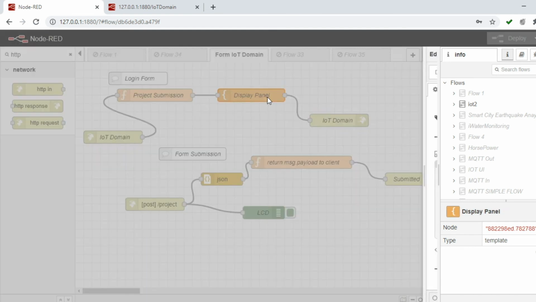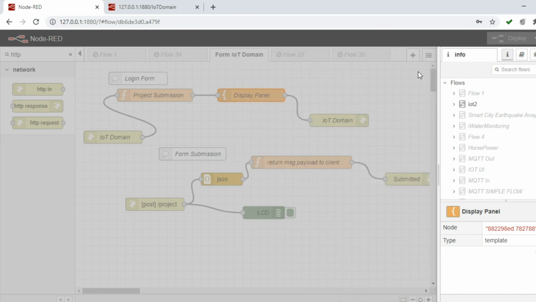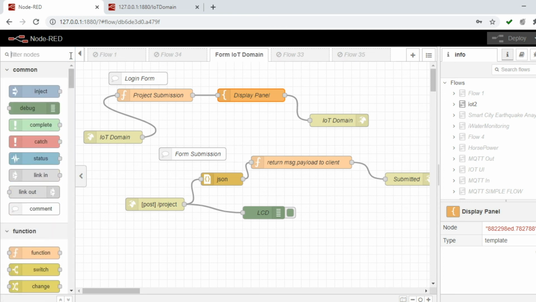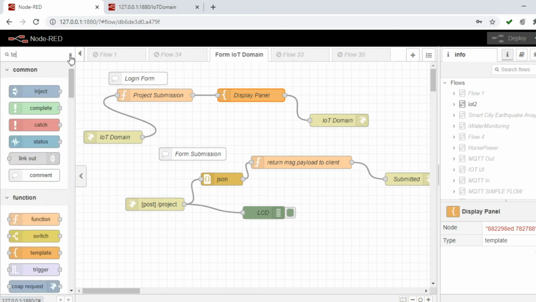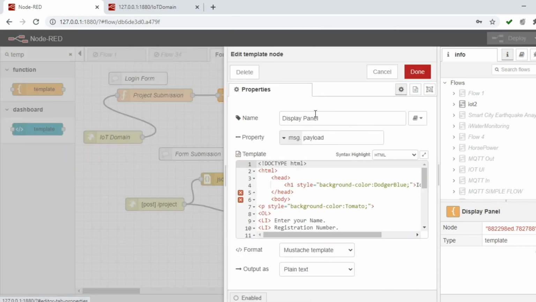Then we have a template. So this is your template node. I'll go to the palette and type template, so the template node will be available. You drag it and place it here. In the edit properties, for the type, syntax highlight, you just select HTML.